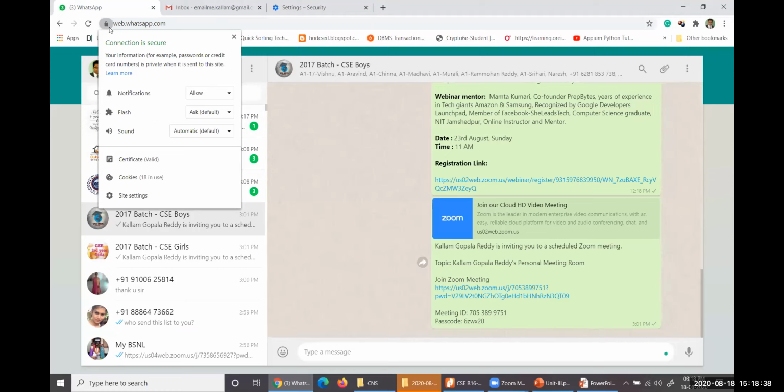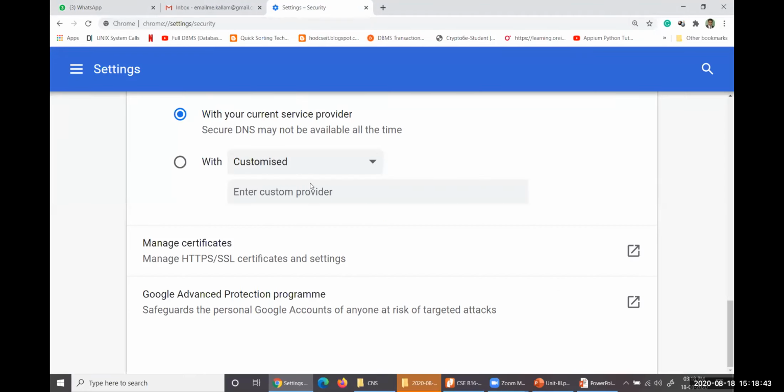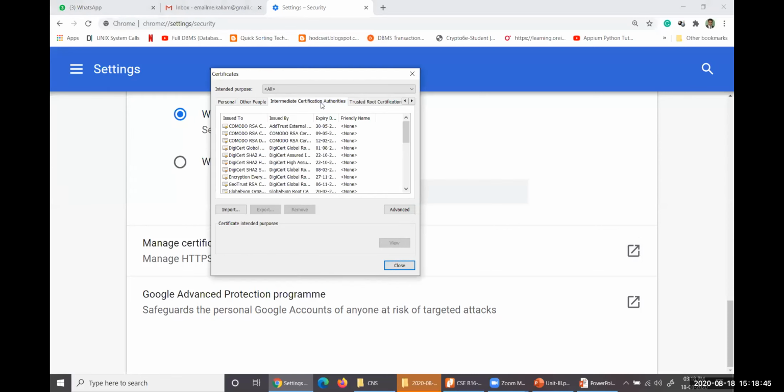Sometimes you could see not secure. If it is not secure, it means all these certificates have not been satisfied by that particular website. If you open and check all those things, you could get an idea about that security and non-security. You could observe while browsing one or two websites, it is not secure. Something like this will be displayed. So if you don't have a proper SSL certificate, all these certificates cannot be there with you.